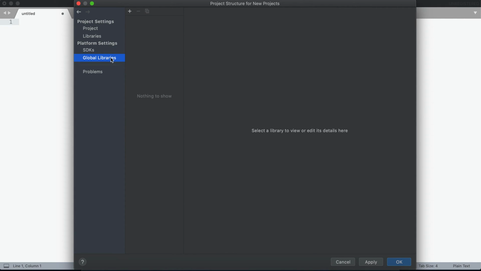In the global libraries, if you have a library that you want to use across projects, whether it is a Java project, a Scala project, or a Python project, you can import it into the global libraries.